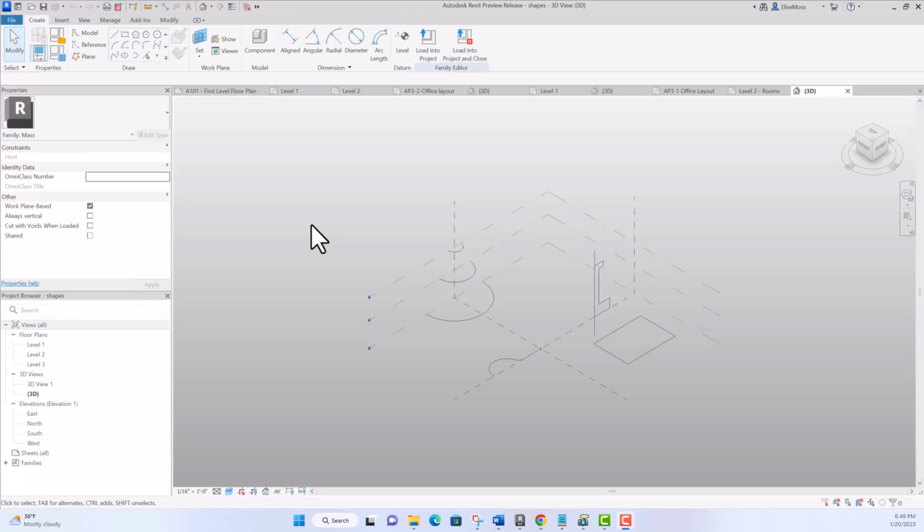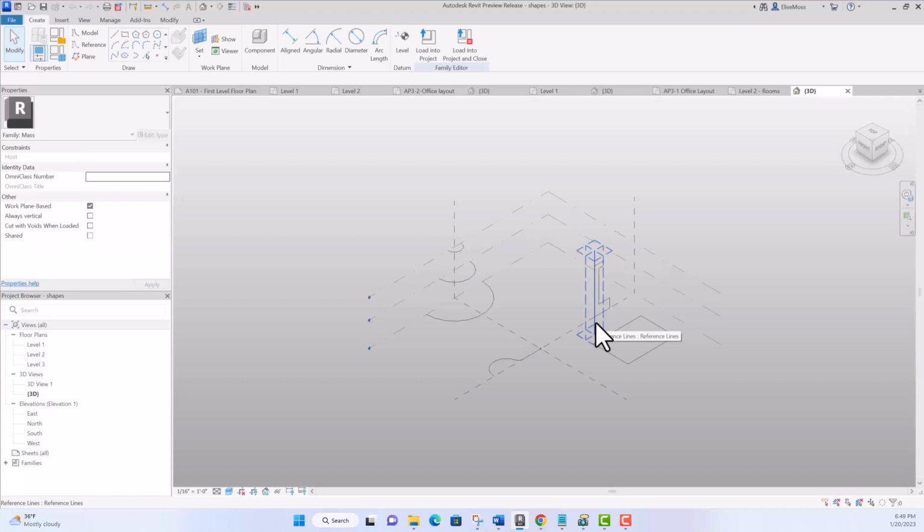I want to walk you through how to make some basic shapes in Revit. We have several sketches here. This is basically a polygon, and that's going to become an extrude. Here we have a polygon and a reference line, and that's going to be used as the axis of revolution